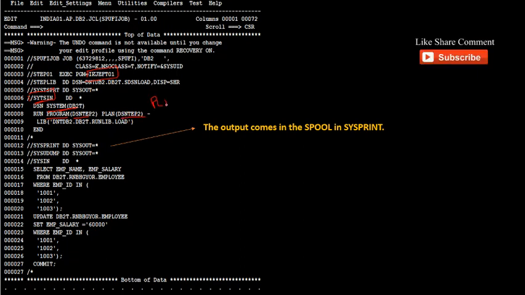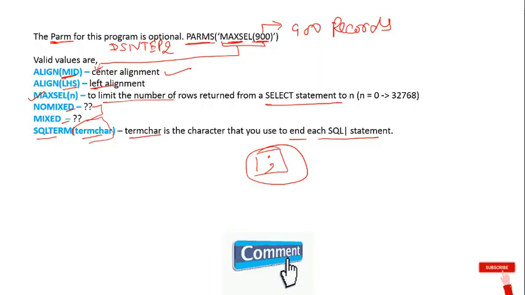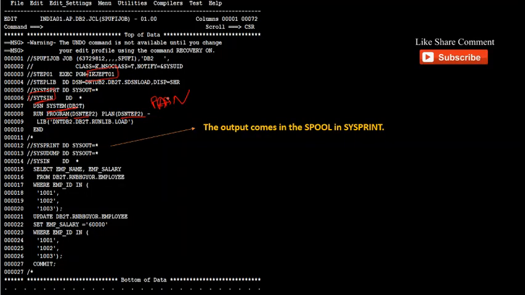You can give the PARM parameter here also. Then there is the library, the load library name, and all our program details will come under this along with PARM. And our SQL statements will come under the SYSIN DD statement.